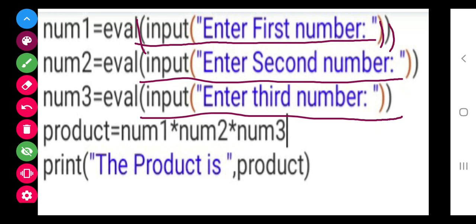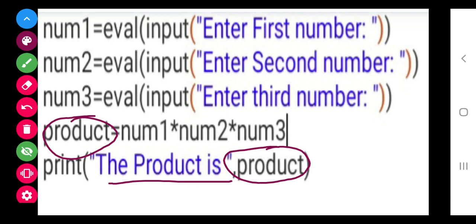Here you can see that eval I have written in small letters, input I have written in small letters, but this message I can write in capital, small, anything. The number that I am using here, the same I am writing here. Same case, they are all in small letters. So practically you have to do it. Product I have written like this, and the same I have written here. This is just a message, it will display as it is.